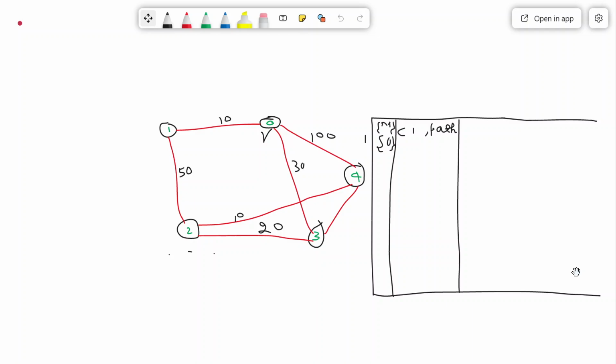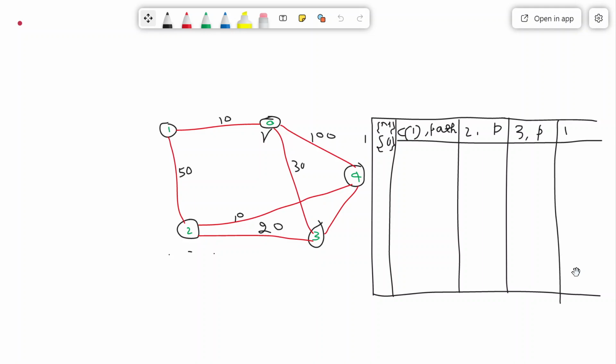C1, the cost to reach 1, and what is the path. Similarly, the cost to reach 2 and what is the path. Similarly, what is the cost to reach 3 and what is the path. And similarly, the cost to reach 4 and what is the path. In short, I have written. Okay. Now, if you look into the algorithm,